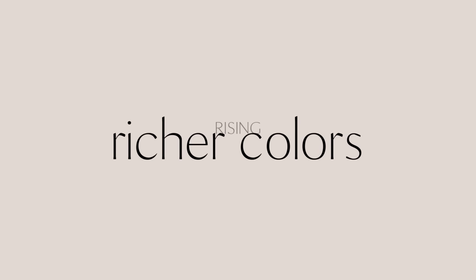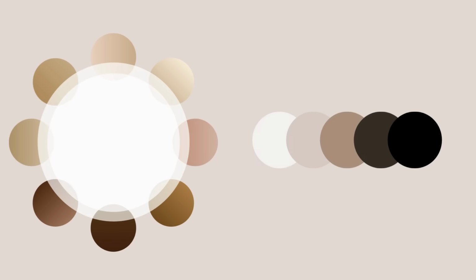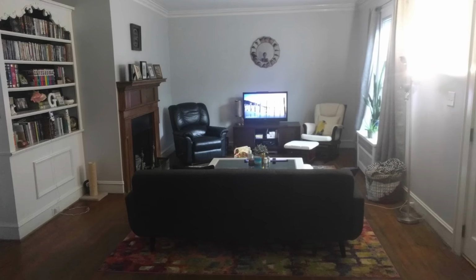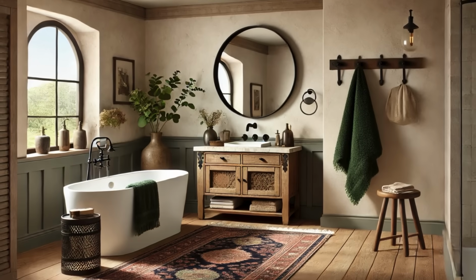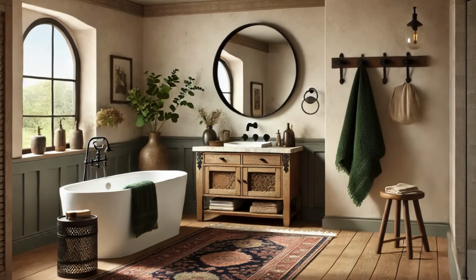The next trend to note is the rising popularity of richer colors. Now, neutrals are awesome. I love them, and they helped me to turn my home around from a complete hodgepodge to a cohesive space. But now I'm loving adding some deeper, earthy colors to that palette as well, and so